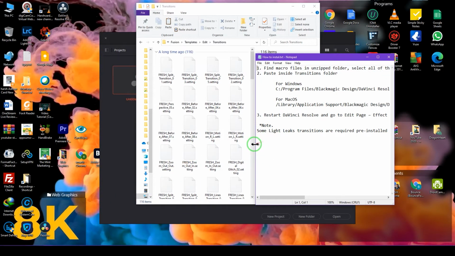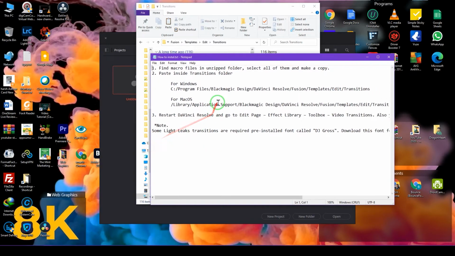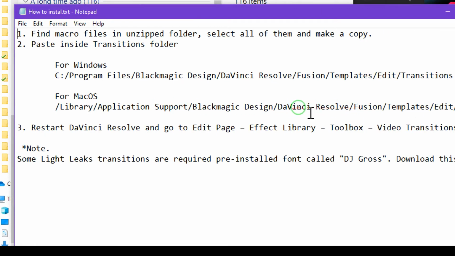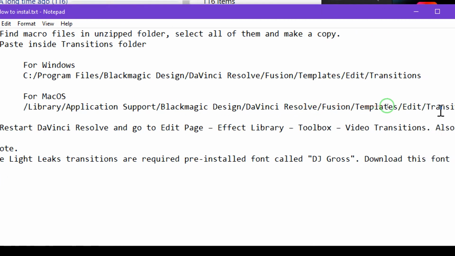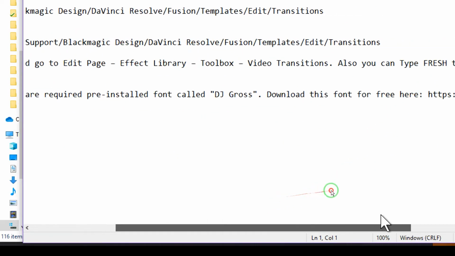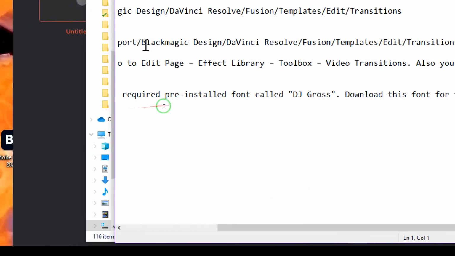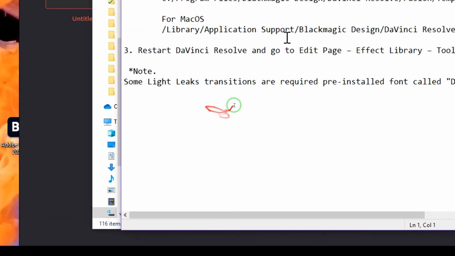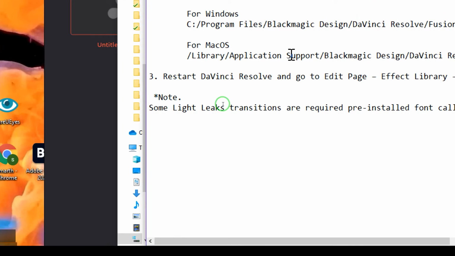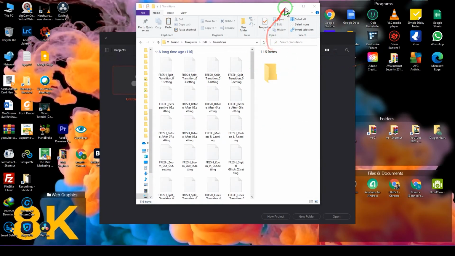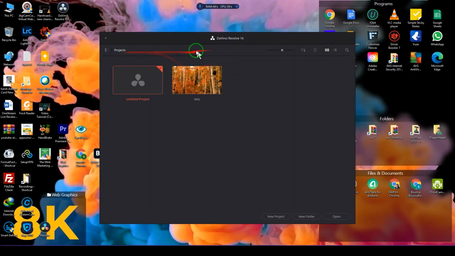If you have a Mac, then you have to go to Library, then Application Support, then Blackmagic Design, DaVinci Resolve, then Fusion, then Templates, then Edit, and then Transitions. So for the Mac, this is the address. You just have to copy these into this folder for the Mac. I've just shown you Windows, so let me close it, and now you have to relaunch your Resolve.